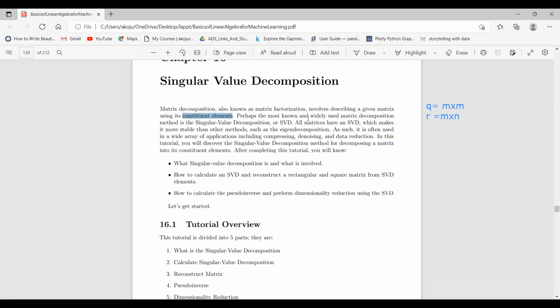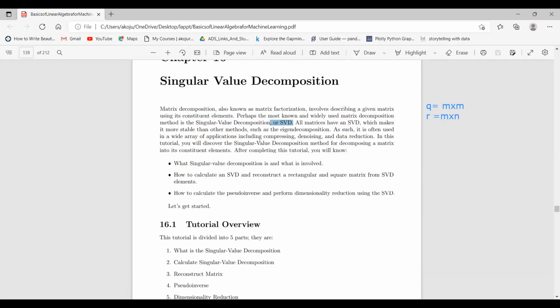Perhaps the most known and widely used matrix decomposition method is the singular value decomposition, or SVD. All matrices have an SVD, which makes it more stable than other methods, such as the eigen decomposition. We have seen earlier what eigen decomposition is. Even so, SVD is more stable than other methods. That's why we are using SVD. We will not go for eigen decomposition. As such, it is often used in a